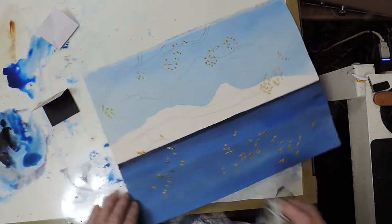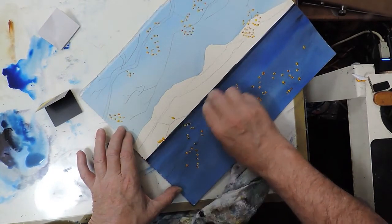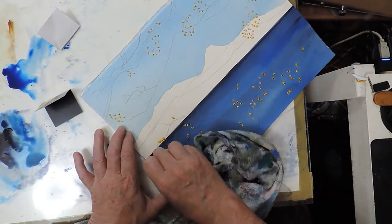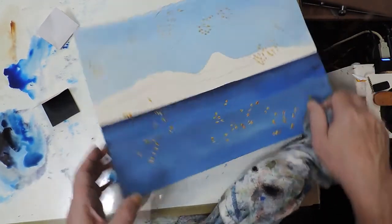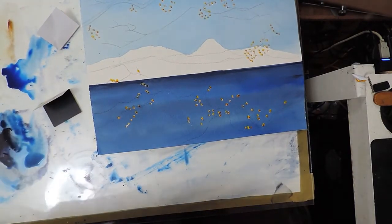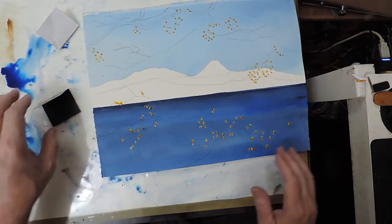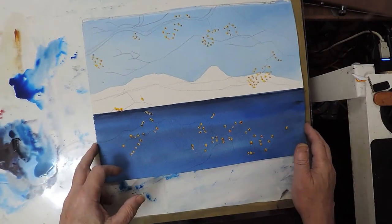And now, of course, I need to get rid of the other side of the line. So just rub it out a little bit so it's not quite as hard-edged. That'll do. That's hidden it reasonably well, I think. Okay, so that's feeling reasonably dry. And now maybe the